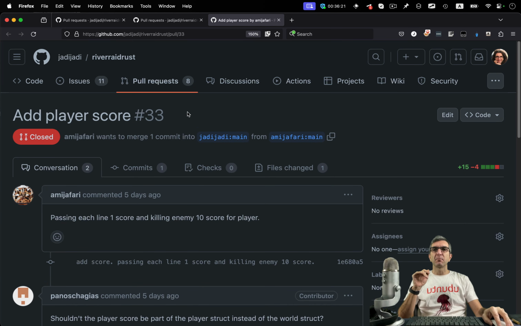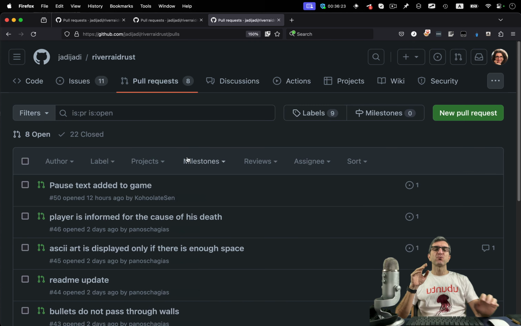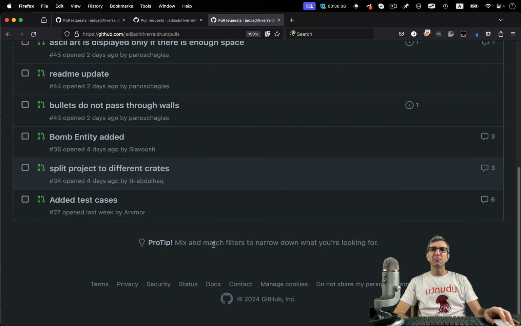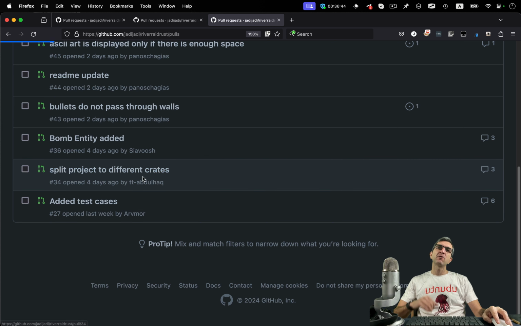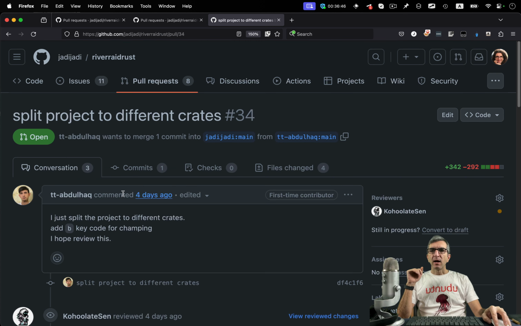After this happened and people started sending pull requests, which I wanted to do myself on screencasts, because when I'm writing them, it's easier to understand since I describe every single line and command I'm doing. But when merging, I cannot do that. So, add the test cases, and for the next one, split the project into different crates. This is very, very important.